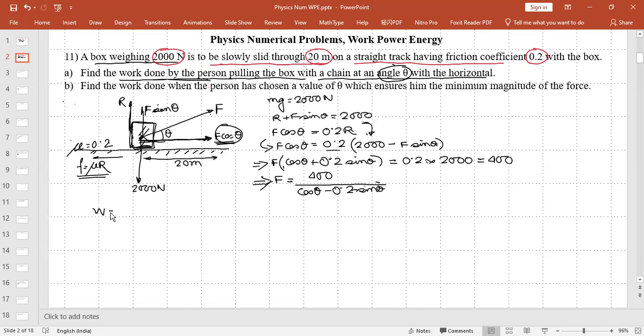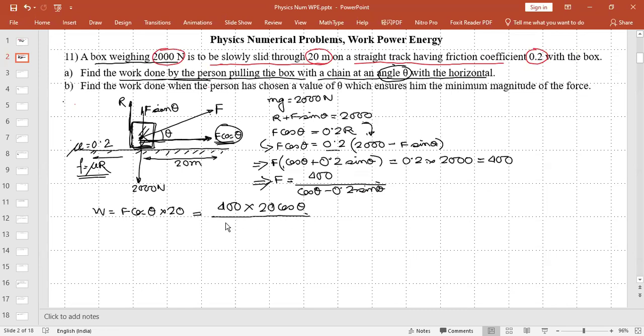Work done is equal to F cos theta multiplied by 20 meter. The value of F is given here. So we have 400 multiplied by 20 cos theta